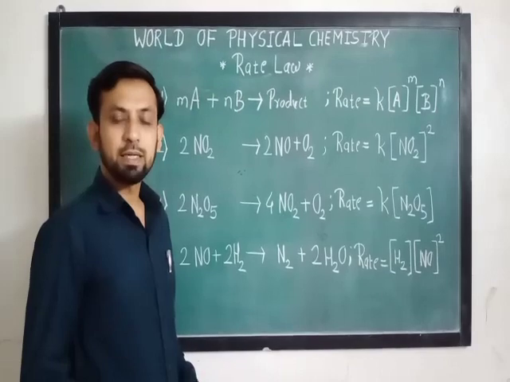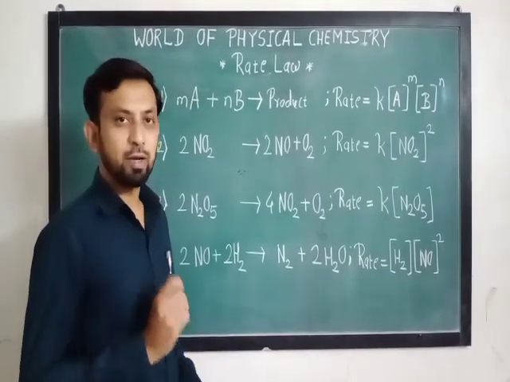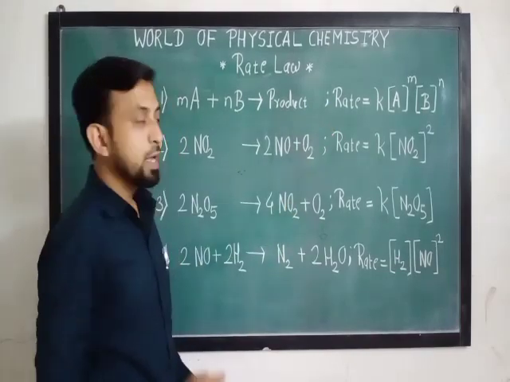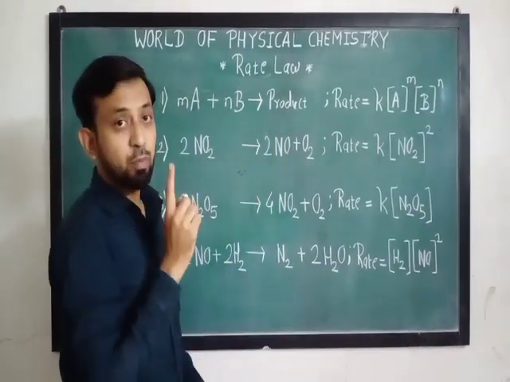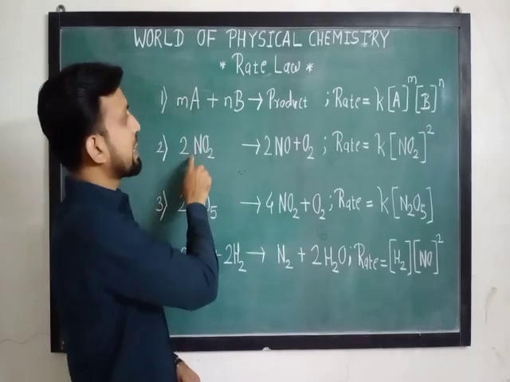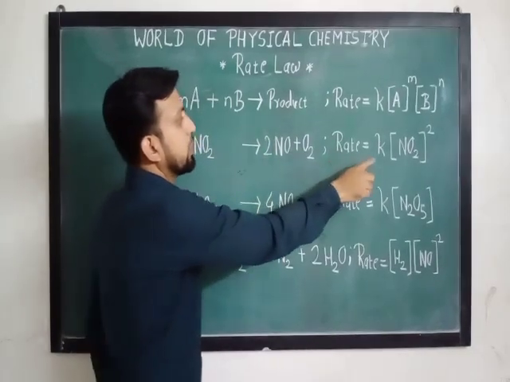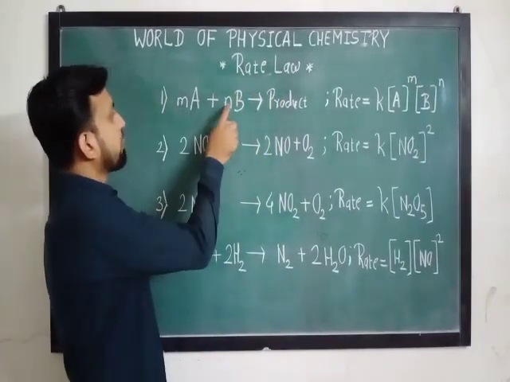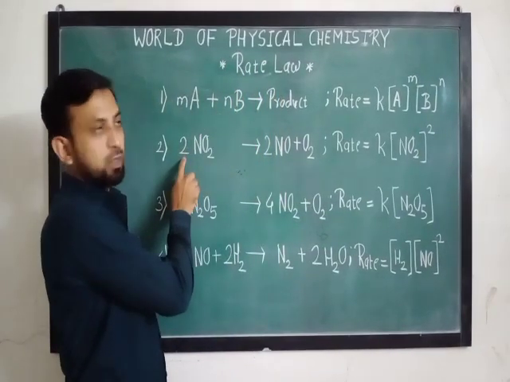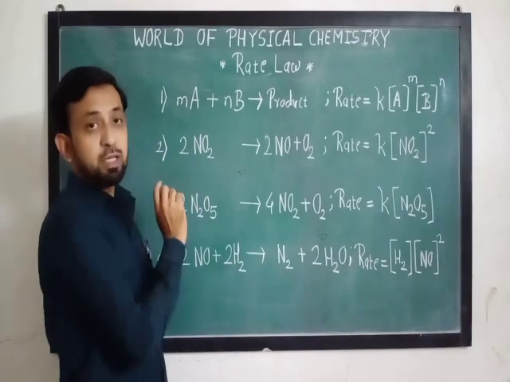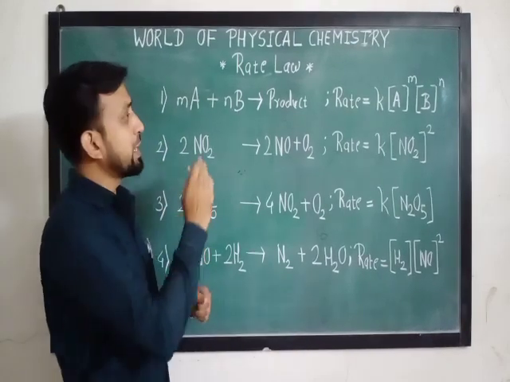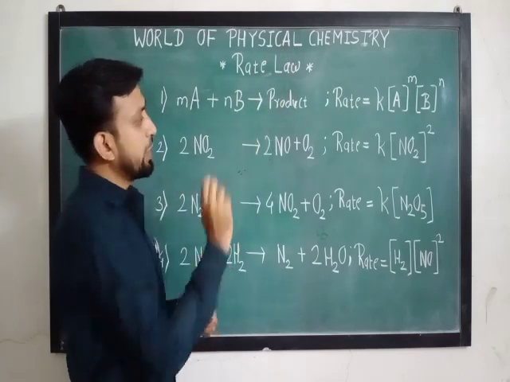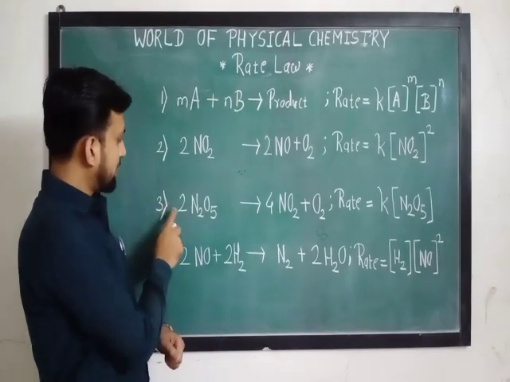Now let us discuss a few more examples of the rate law. On the board there are four reactions written along with their rate. In all four cases rate is written in terms of formation of product. In the first example, the powers raised in the rate law are similar to the stoichiometric coefficients written in the reaction, but it is not necessary every time that stoichiometric coefficients are raised as powers in the rate law. See the example reactions number 3 and 4.